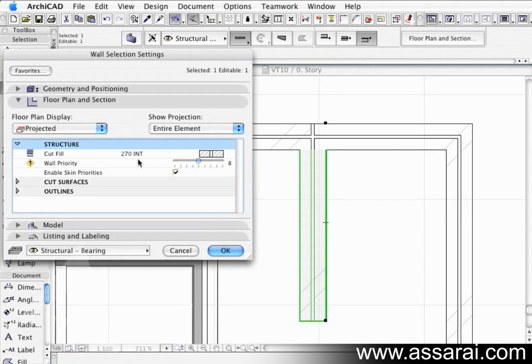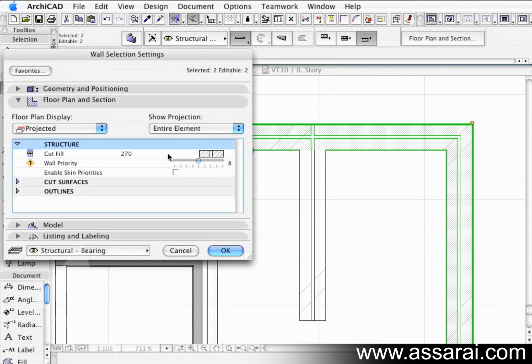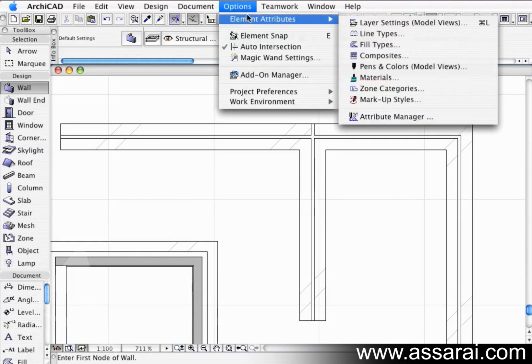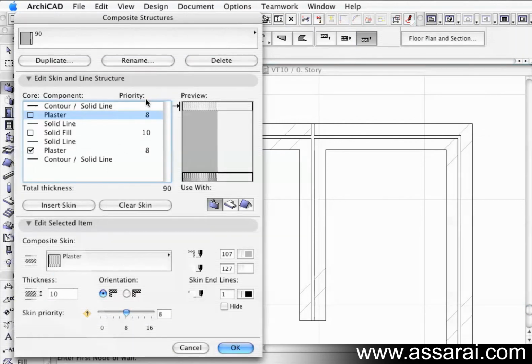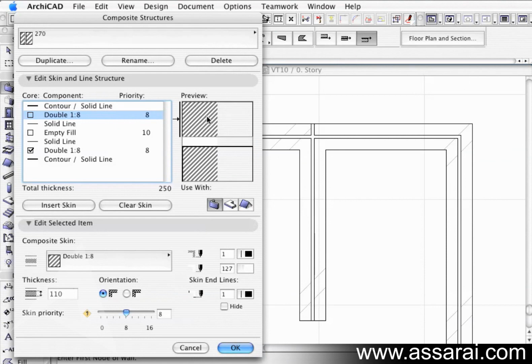If we select this wall and open it up, we can see that this is a 270 internal brick skin, and we've got the skin properties enabled. So just to examine why that's going all the way through again, I'm going to select this wall and that's just the 270, which is the external version of it. So if I open the composites, under options, we go and find the 270 external wall, and on the reference side, which is generally the side that's on top, might bump that priority up to 14,